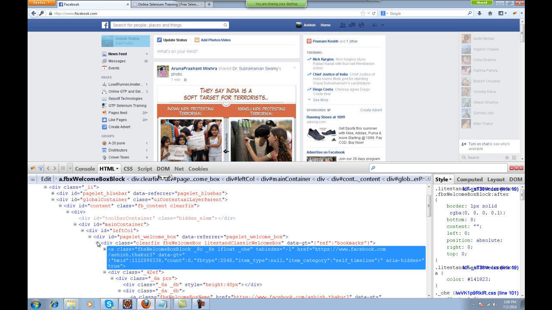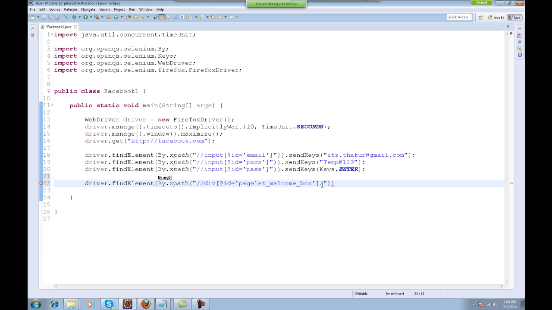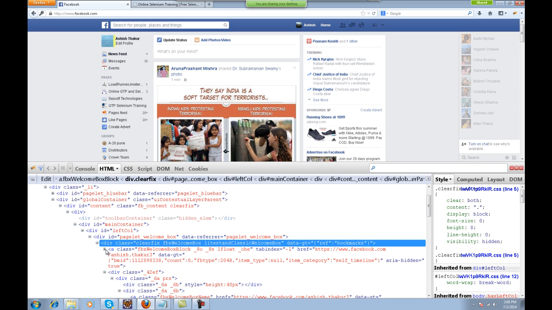Basically this photograph link is inside this particular division, and this division is inside the div with this ID. So I can give the XPath like this: div slash a. This was the first division, inside it there's another division and there's a link. This link actually holds the pointer to my profile.